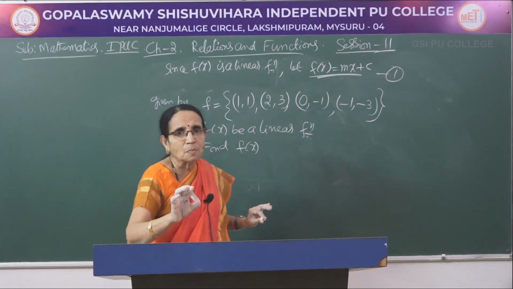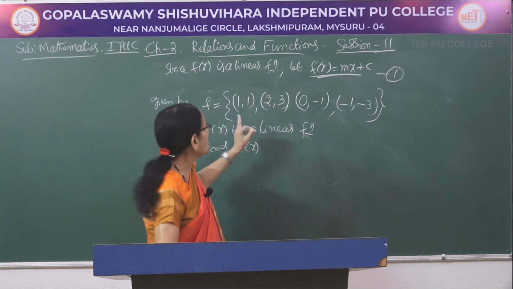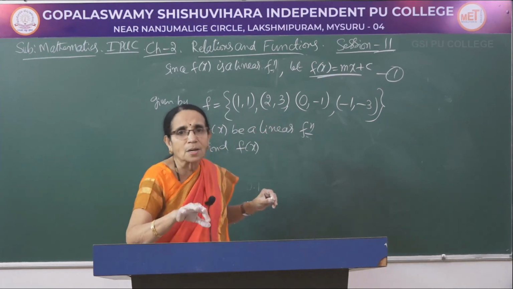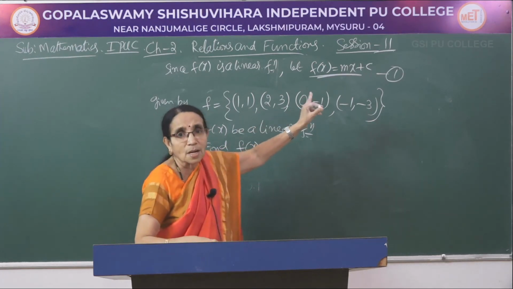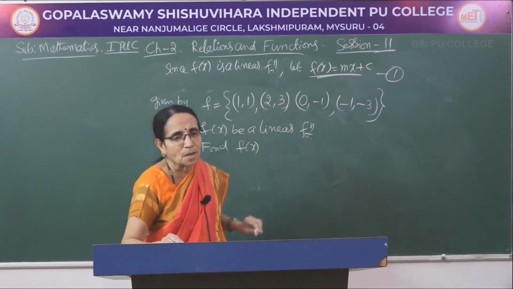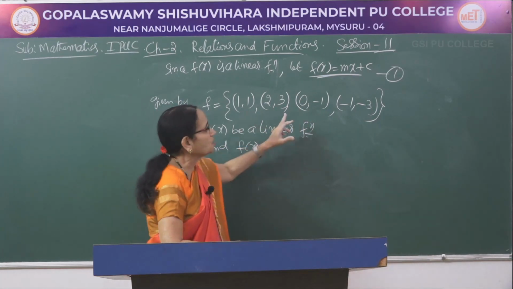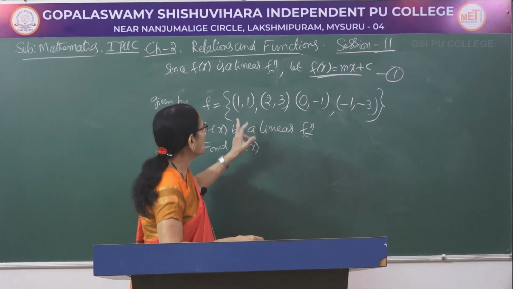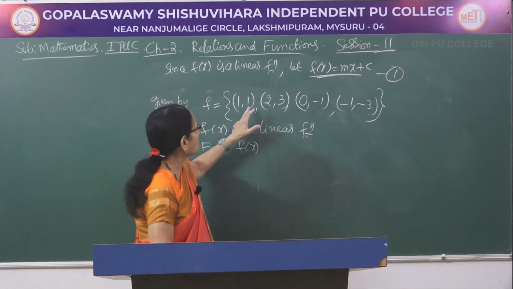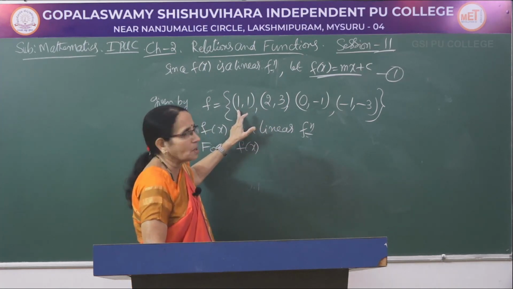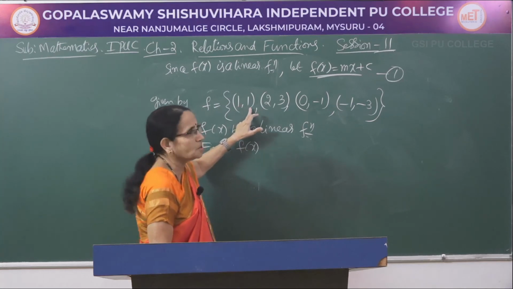The function is given to be linear, but the exact definition is not given. The definition is given in terms of the ordered pairs, not like this. So, you have to write that in that form, that is important here. Now, look at these elements. What do you mean by that? Ordered pairs a comma b, I said. The second number is the image of the first number. So, if this is x, this is y.